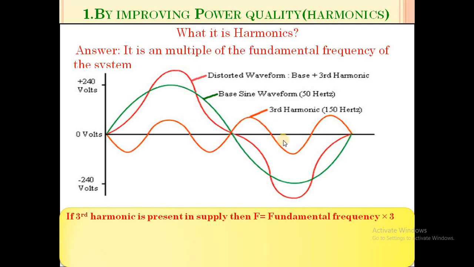So what is the result of the presence of third harmonics? We'll get the pink one, a distorted sine wave. How? Because the fundamental sine wave, that is the basic sine wave, and the third harmonic sine wave get added. Here there is an increase in the fundamental sine wave, and here the third harmonic is a decrease in the sine wave. So at this particular point there is a slight decrease in the distorted wave, that is the addition of the green one and the red one that we are getting here in the pink sine wave.